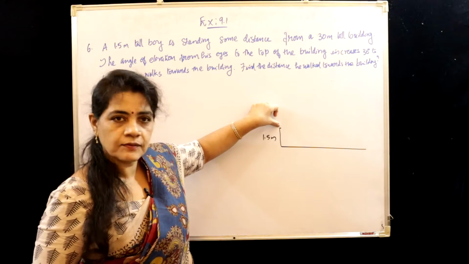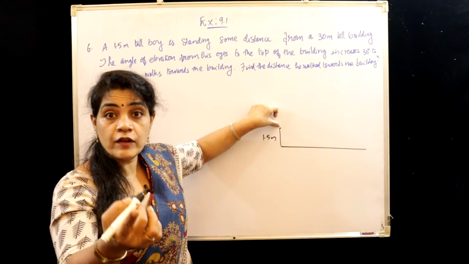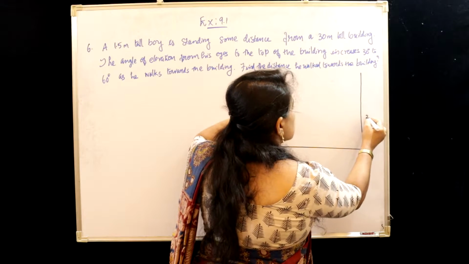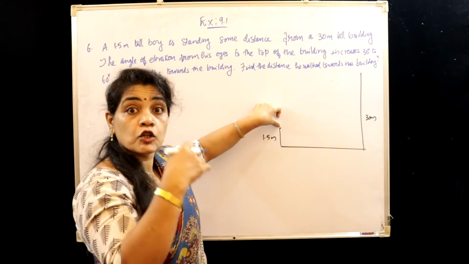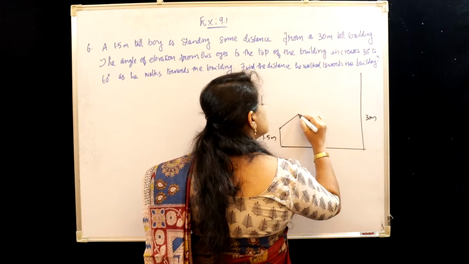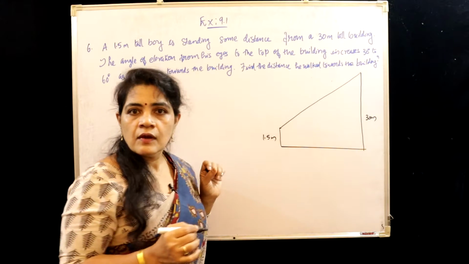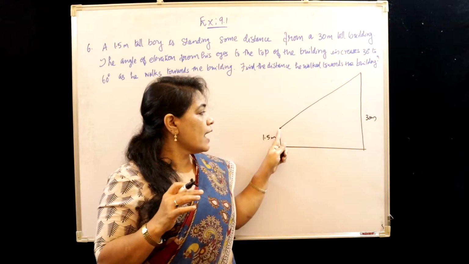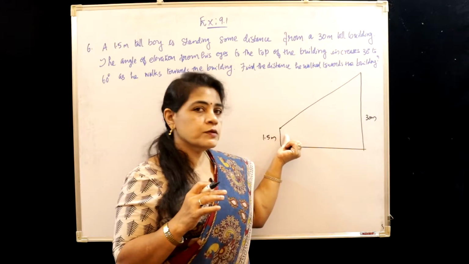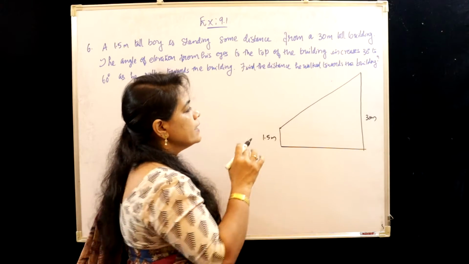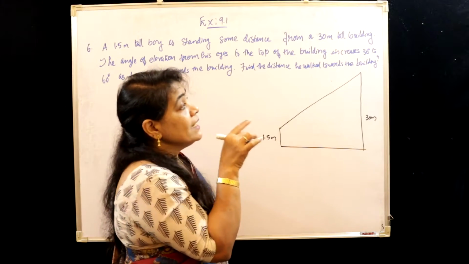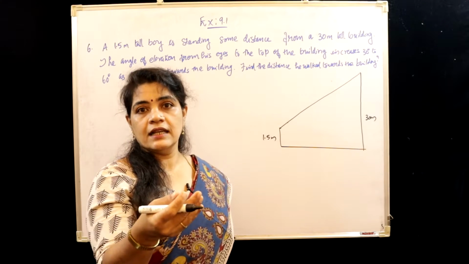And from his eyes, that angle of elevation, so here this is the building whose height is 30 meters. At the top of the building, the angle of elevation from his eyes means this is the line of sight, that is the line segment joining the eyes of the observer to the topmost place at which that observer is viewing that object. And here this angle of elevation is given as 30 degrees, increasing from 30 degrees to 60 degrees as he